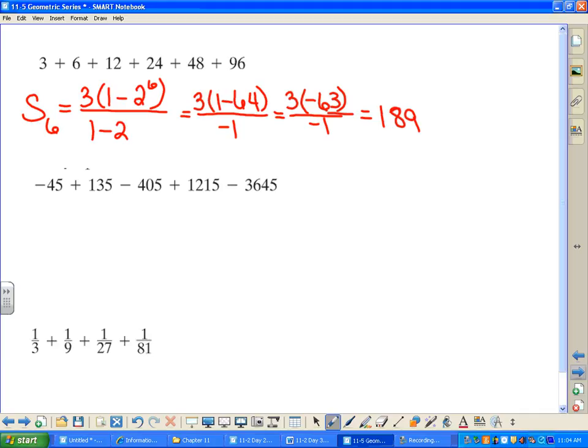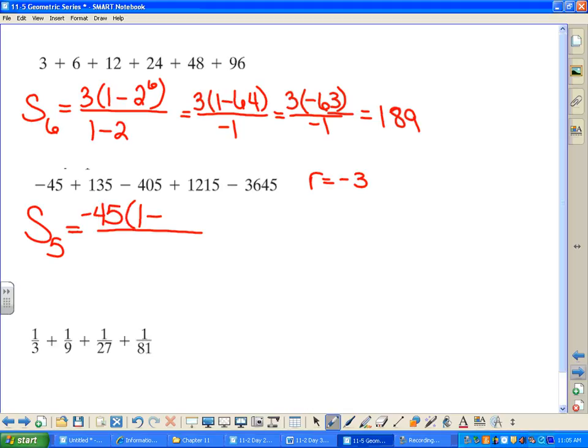Is this one indeed a geometric series? Yes, with R being what number? Negative what? Is it negative 3? Is that right? Is everybody convinced that it's a negative 3? Okay. So how many terms do we have that we're summing? 5. So this time we're doing S sub 5 is equal to, okay, we need the first term